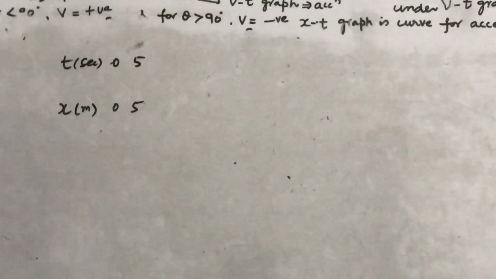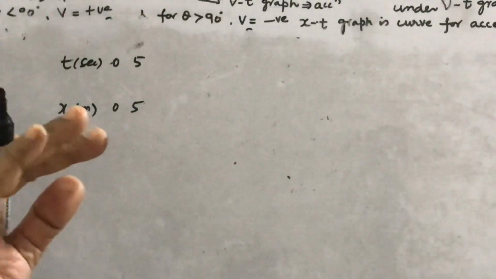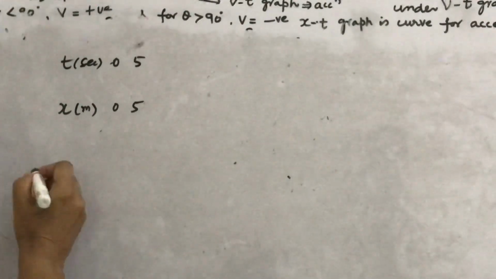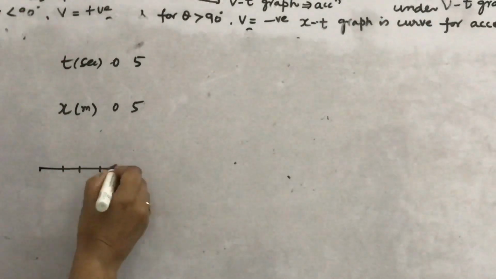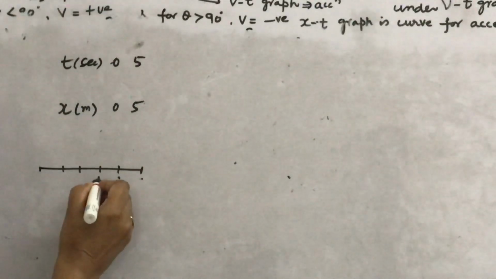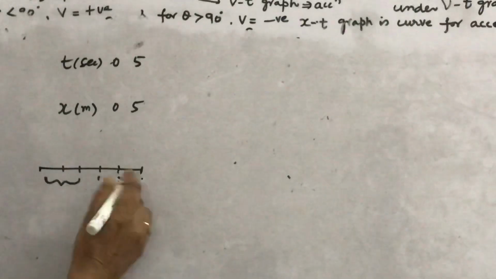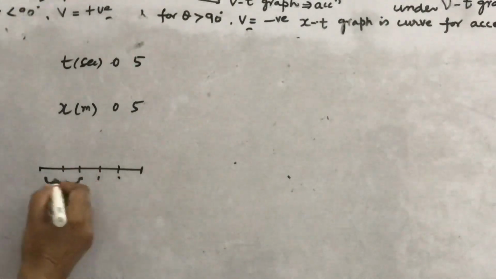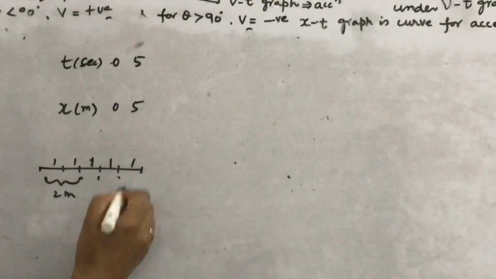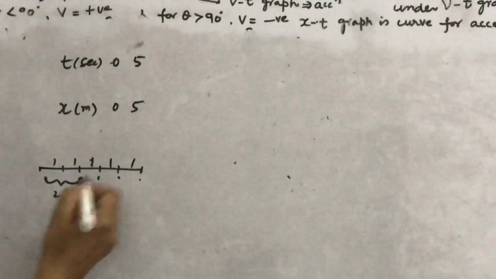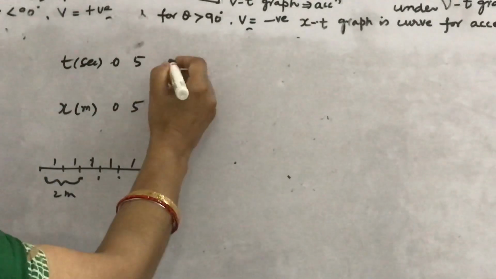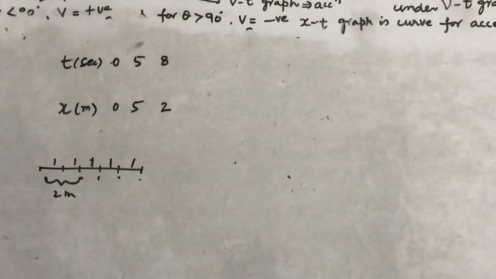Now for the displacement, it is said that he goes backward again, so you have to find the displacement from here. He runs 1, 2, 3, 4, 5 meters forward and he again comes back 1, 2, 3. Then what is the distance left? This is 2 meters. Then 3 meters back, so it is 2 meters, so you will write 2 meters here. But 3 meters back takes 3 seconds of time, so it will become 8 seconds.